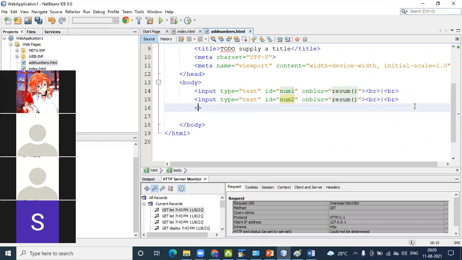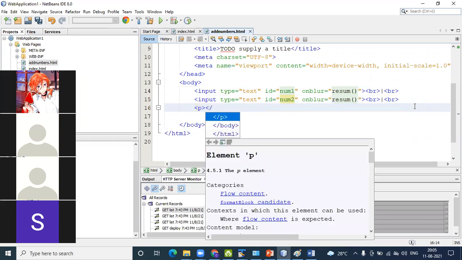Then I define a paragraph. Paragraph is this type.